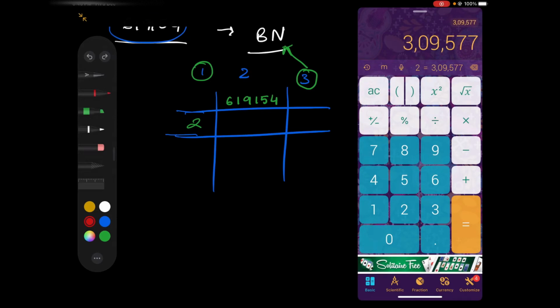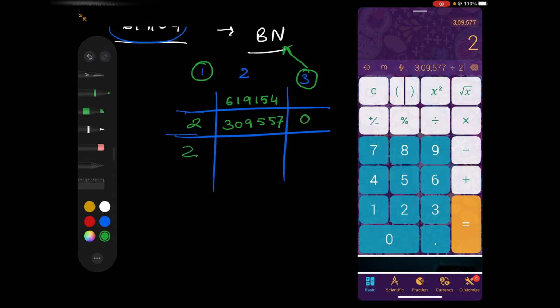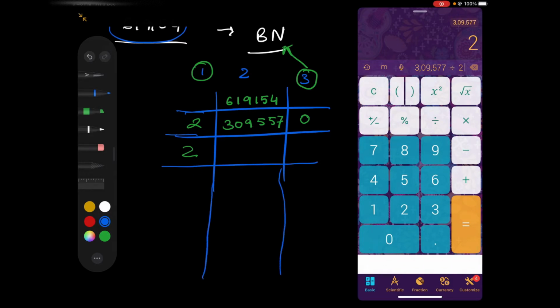Divided by 2, it is 309557. We didn't get any decimal here, so we are going to write 0. Now we are going to divide this number again by 2. So here we can make more rows, and again we have to divide